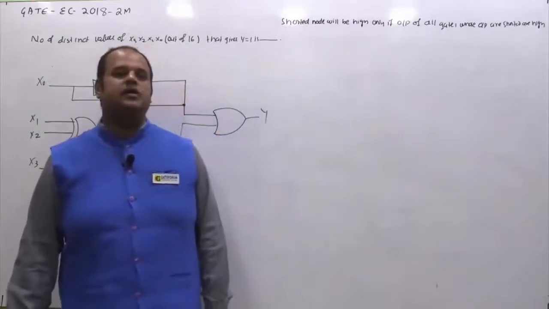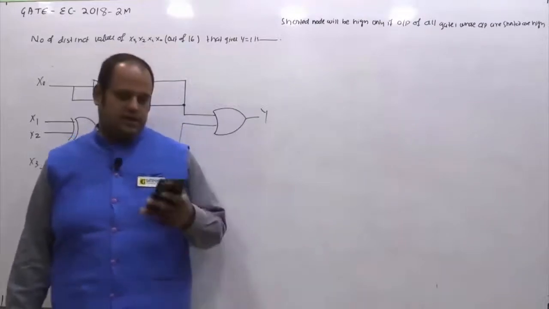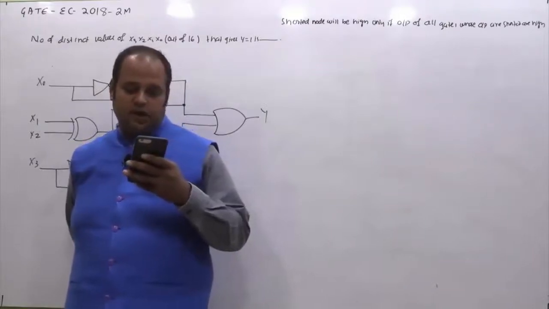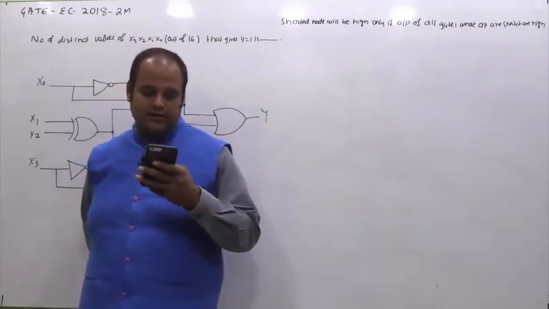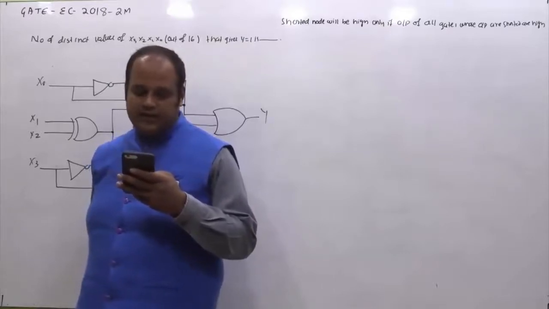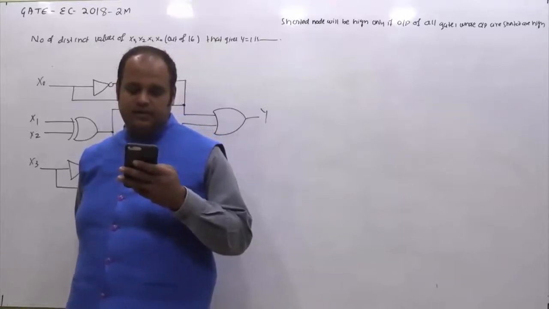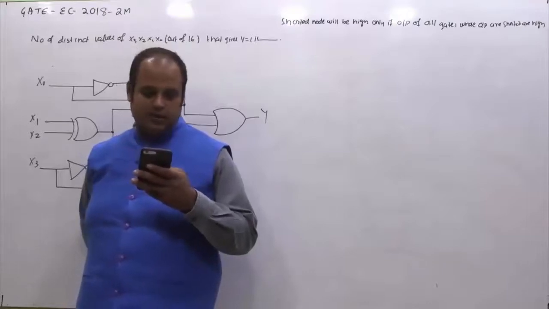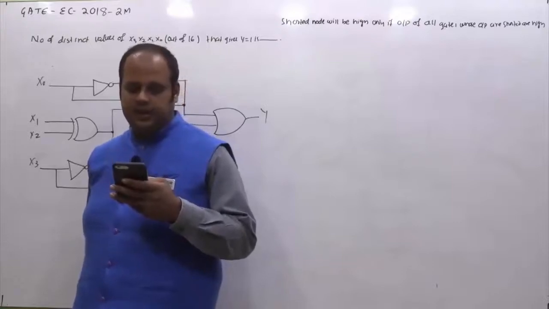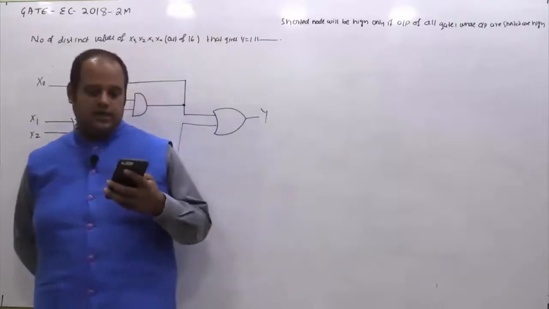This is a 2-mark question asked in GATE 2018 Electronics, from the digital subjects and the logic gates chapter. The given question is: the logic gates shown in the digital circuit below use strong pull down NMOS transistors for low logic levels at outputs. When pull downs are off, high value of resistors set output logic levels to high, that is, pull ups are weak. Note that some nodes are intentionally shorted to implement wired AND logic. Such nodes will be high only if outputs of all gates whose outputs are shorted are high. The number of distinct values of x3, x2, x1, x0 out of 16 possible values that gives y equal to 1 is dash.